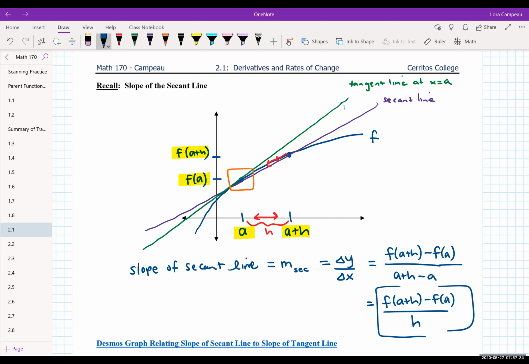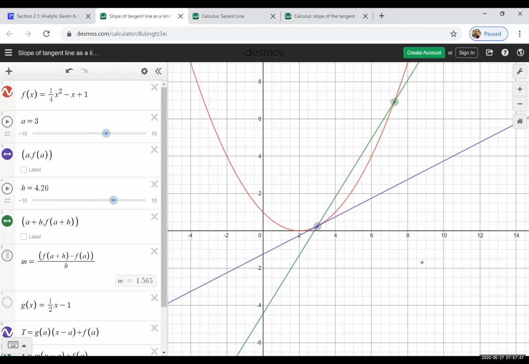We're going to reshare a value to help you out with this. Here's a nice little Desmos graph. I included that in your sections for you to click on the links. But the colors might be a little bit off from our drawing. Oh, I think we had reversed the green and the purple. But if we are looking at the tangent line in this picture, it is purple, and the secant line is